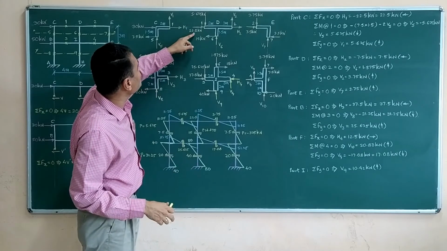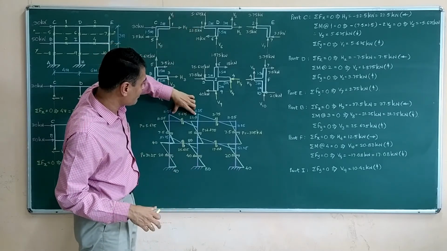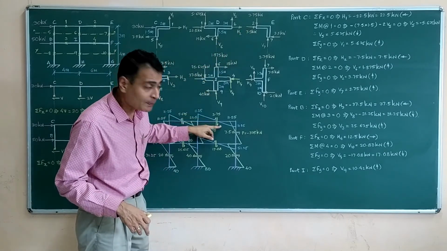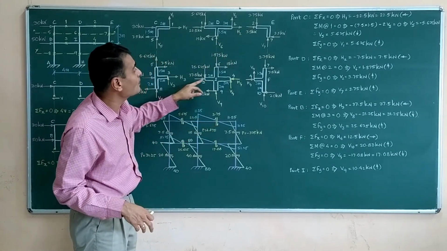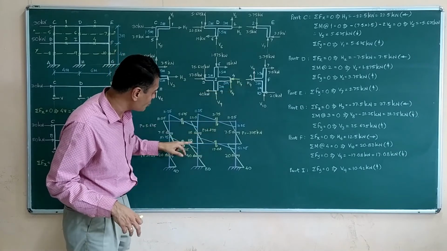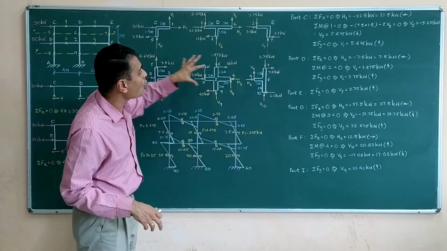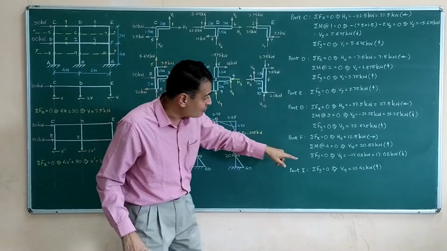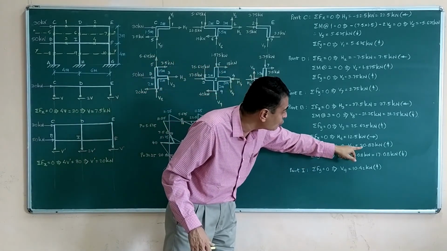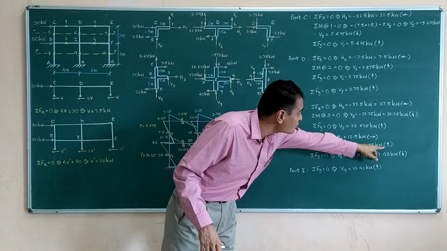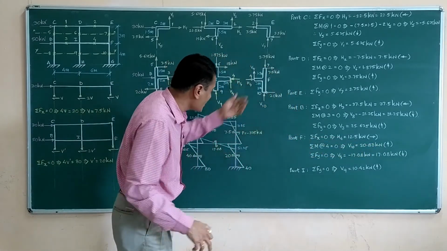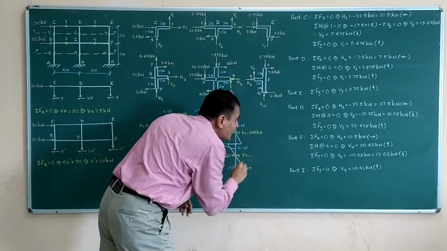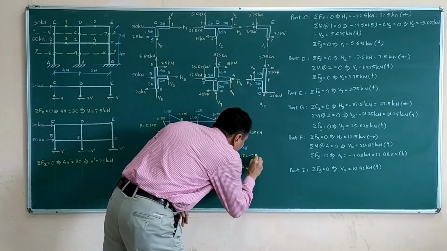Likewise, this force you are observing is a pushing force, so there will be compression here. This force is also a pushing force, so there will be compression here. This force is compressive, this force is compressive. You will be able to write for all beams and columns. V10, if you look at V10, we have calculated to be 20.83 kilonewtons upwards, means pushing. So again here you are able to write P is equal to negative 20.83.